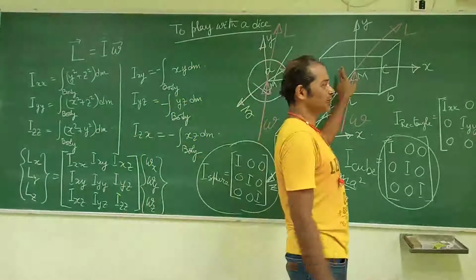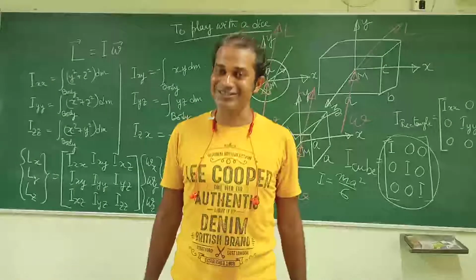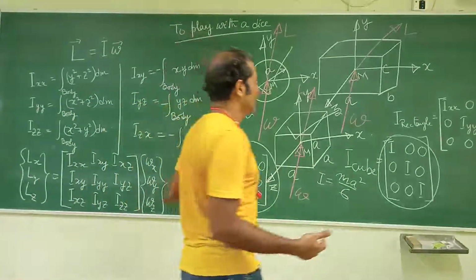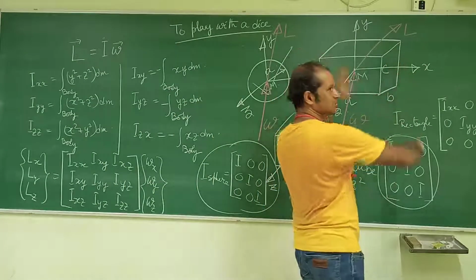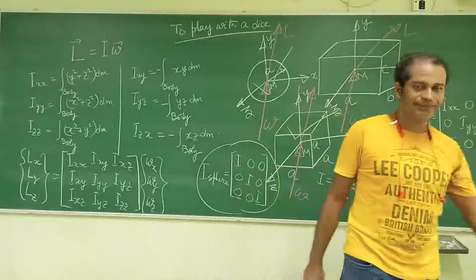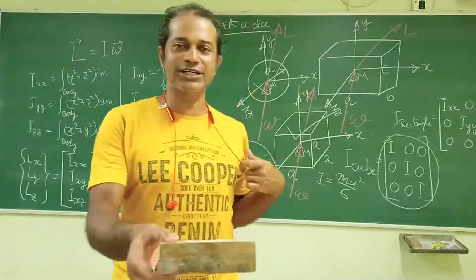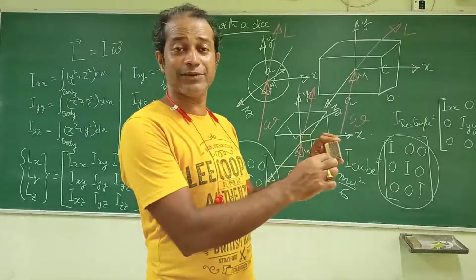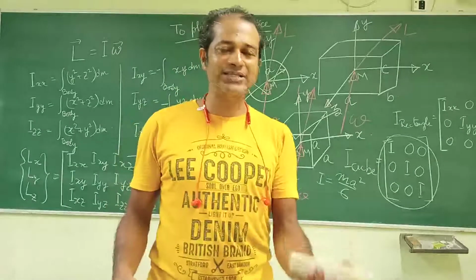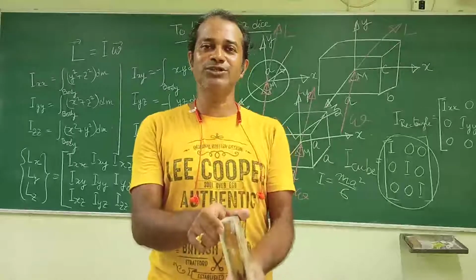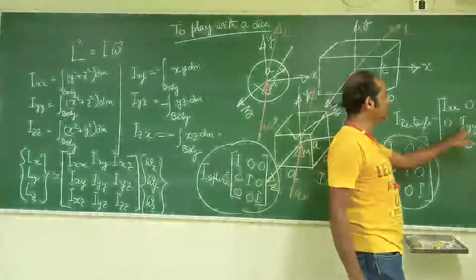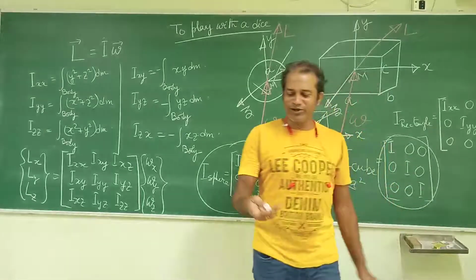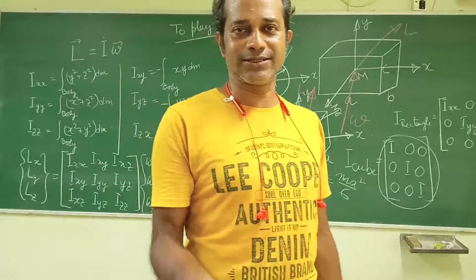But if you do it like this, then there is a biasedness, and that biasedness is not there if you are not using these two faces. For this duster, look carefully, if I make it somewhat like that, this dimension and this dimension are the same, then there is no biasness in this direction, but there is a biasness in this direction. That is why I said that Iyy is equal to Izz. Are you understanding? So when you make it like this, then there is no biasness.